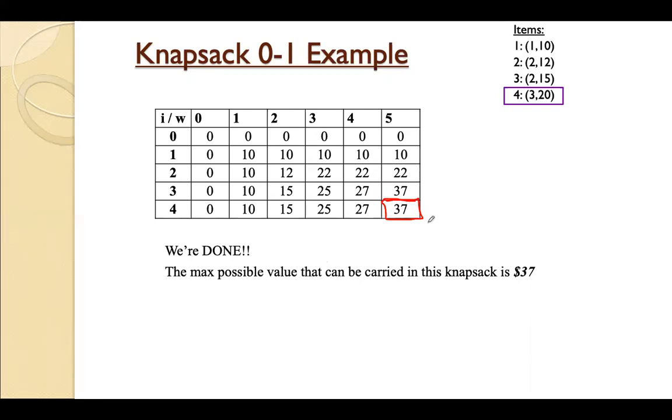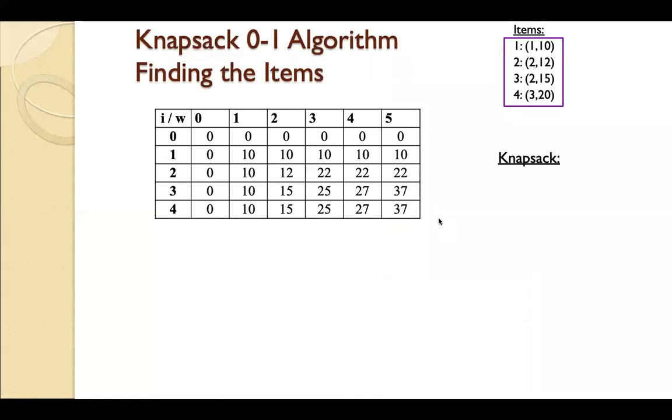Okay, like this. So this is the maximum profit we'll get among these 4 items. Now, the next question is, which are the 3 items or 2 items we have selected among these 4 items? Again, the algorithm will continue for that also. First, the last element, whatever we get, we'll compare that with the element above it. Okay, 37 will compare with the element above it. If they are equal, we'll do the comparison with the next 2 elements.